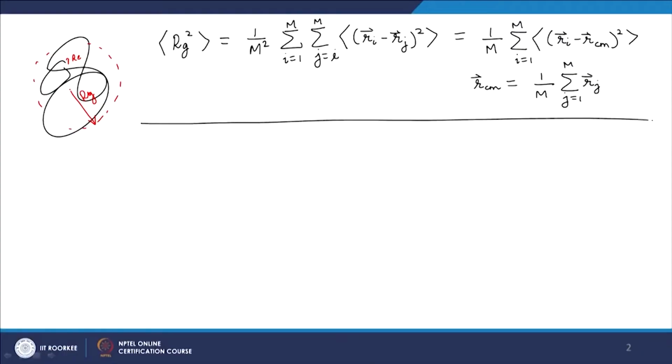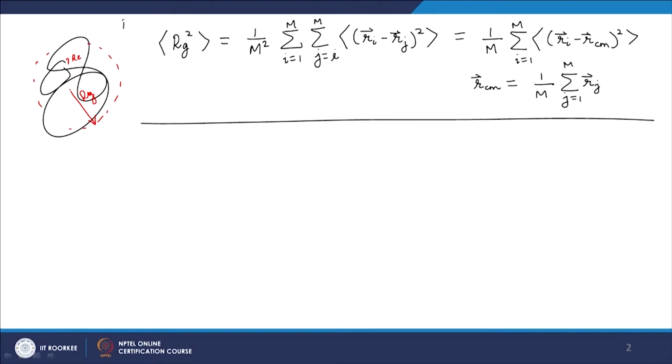In reality, in the experimental case, we should think of it as every point on the polymer chain, and if I do an average of this sort, I should get the Rg square, and it will not really matter so much what model we are using, how many segments we are modeling, provided the number of segments is large. Okay. So, this is a general expression for the Rg square average,